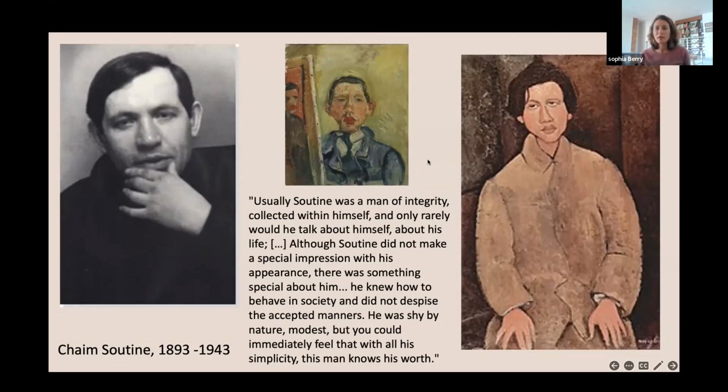And the painting that you see on the right, let's see who can guess. Who is that painting by? Somebody painted Soutine. And that painting is by another friend, another member of the School of Paris, and that's, of course, Amedeo Modigliani. So if you move on to the next slide,